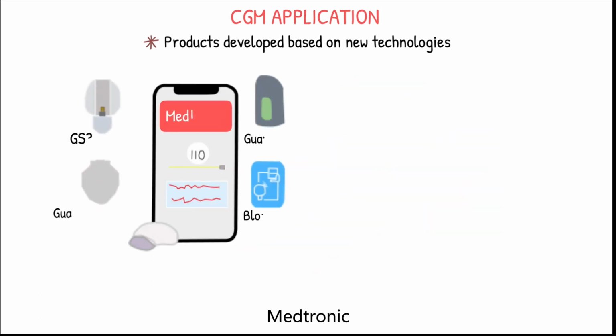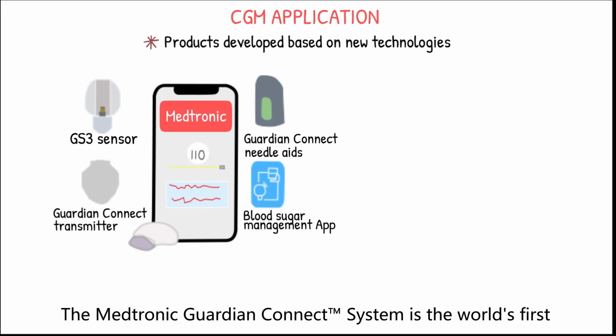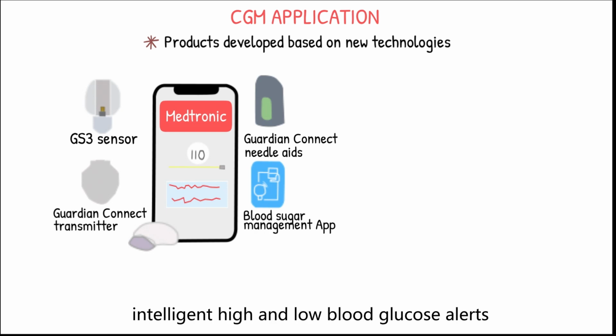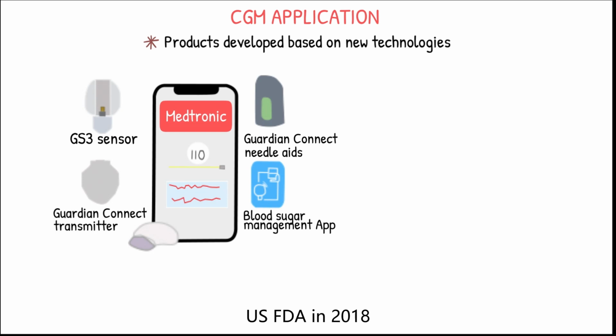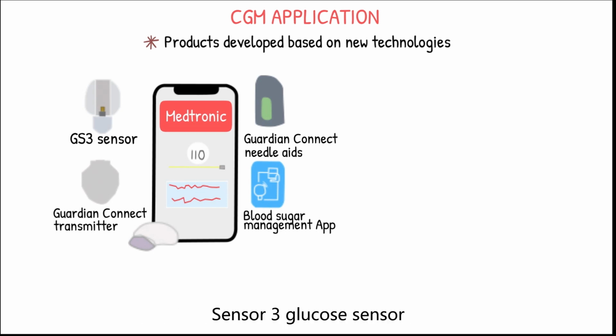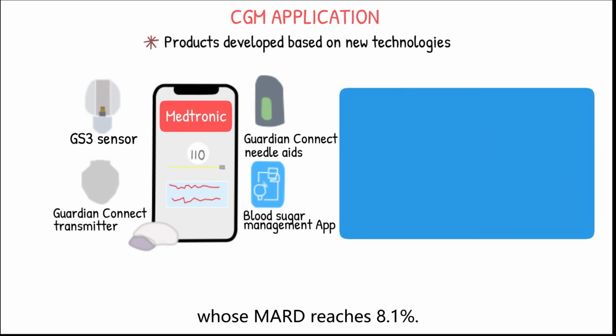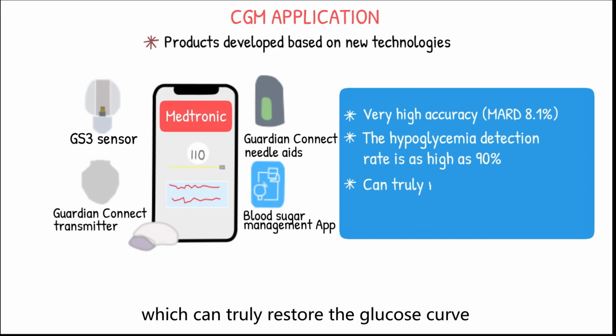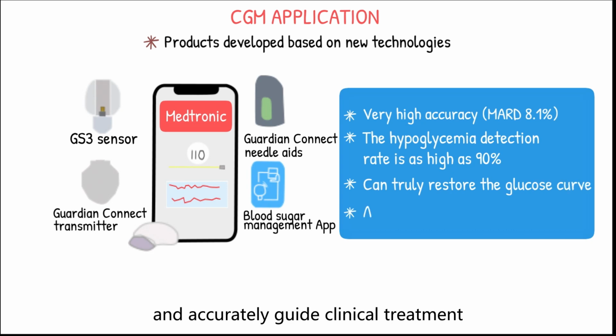Second is Medtronic. The Medtronic Guardian Connect system is the world's first real-time continuous glucose monitoring system with intelligent high and low blood glucose alerts, approved by the US FDA in 2018. The system is equipped with the new Guardian Sensor 3 glucose sensor, whose MARD reached 8.1%. The hypoglycemia detection rate is as high as 90%, which can truly restore the glucose curve and accurately guide clinical